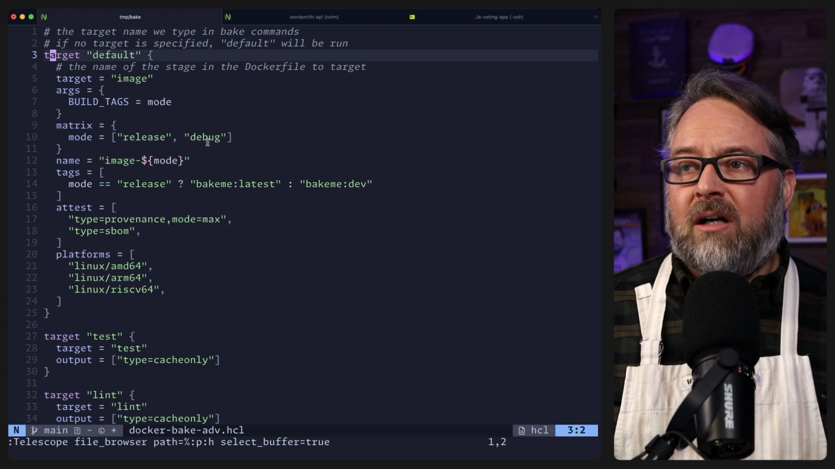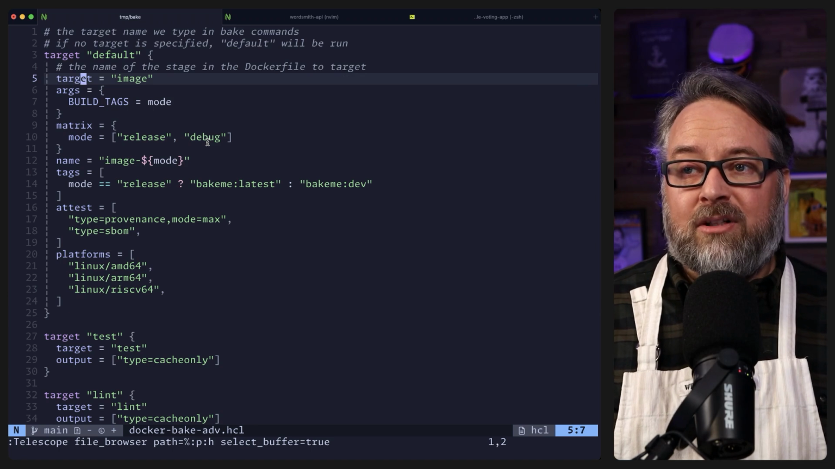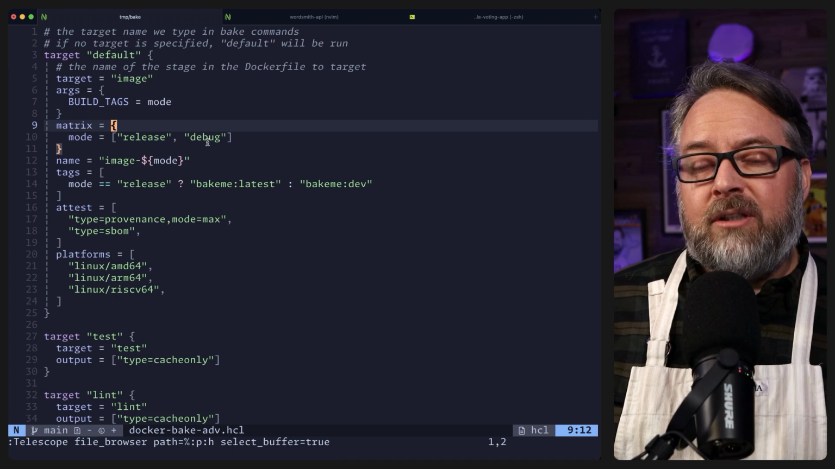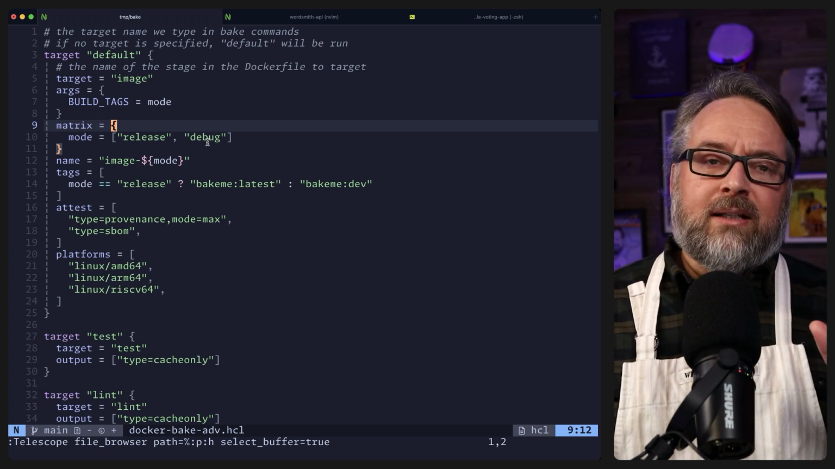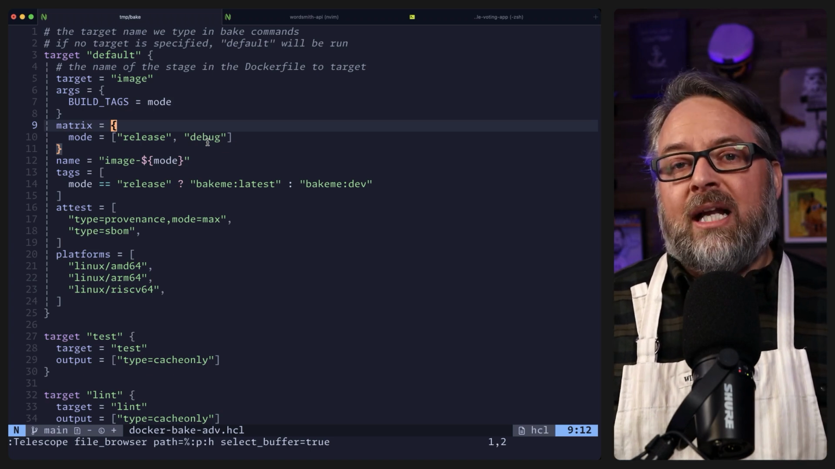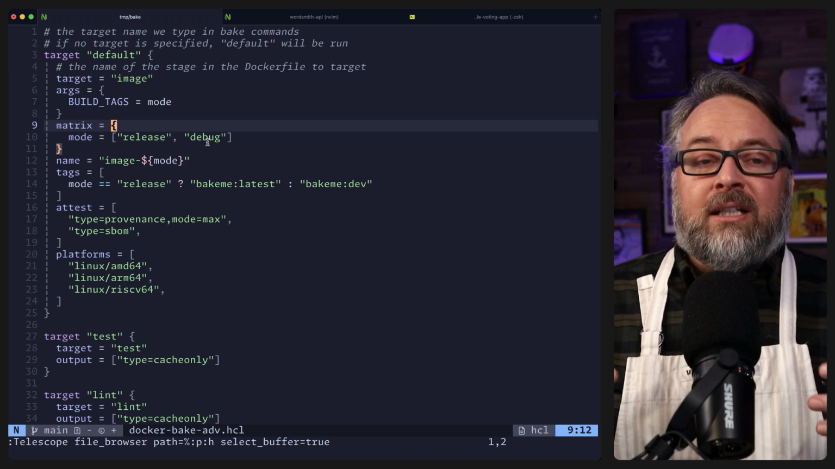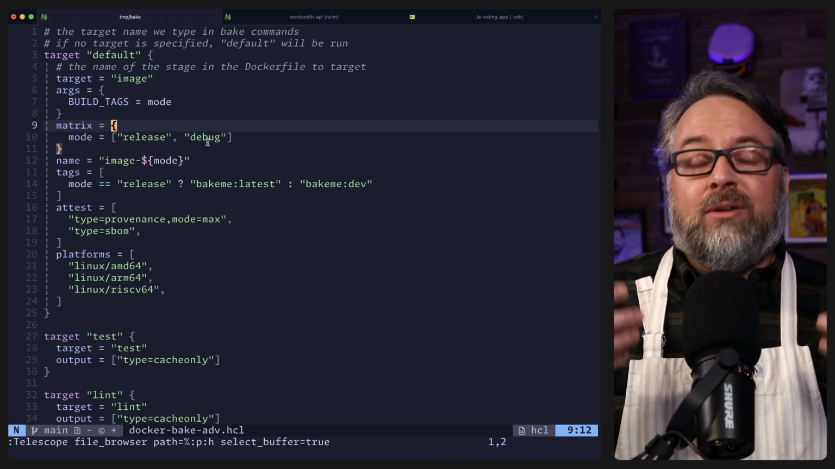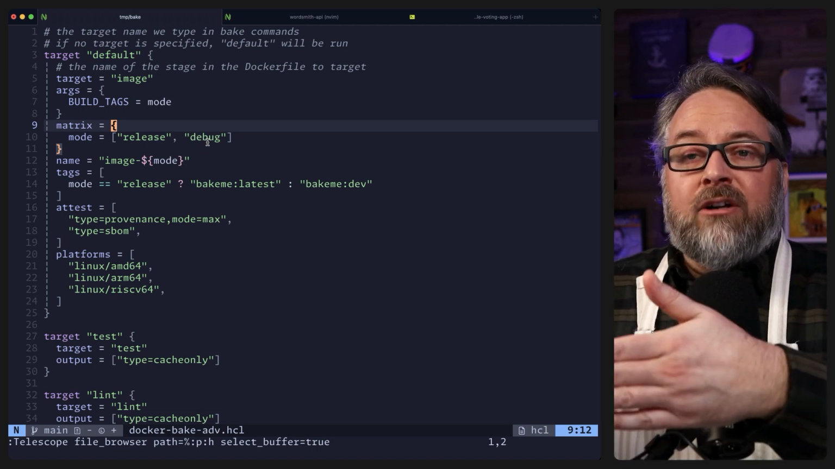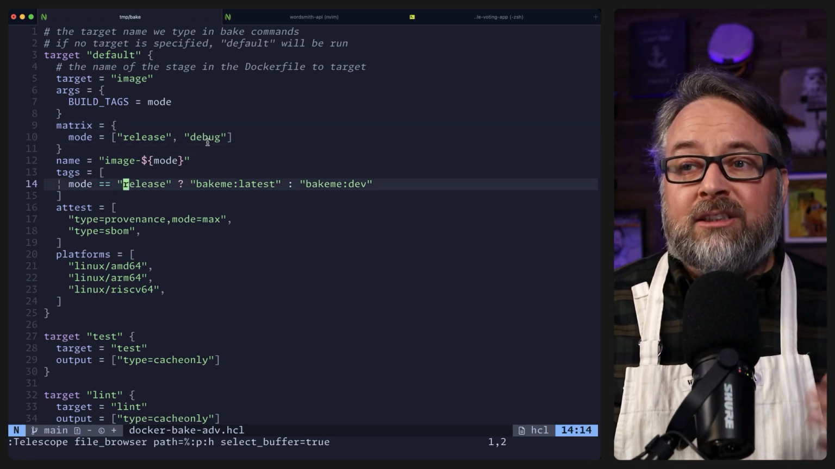So we have a default target here, and this is going to just build the standard image. It's targeting that stage. It's going to have arguments. And we come to the matrix option, which is a little bit advanced, but it is very similar to what you would do in a GitHub Actions matrix, which allows you to give an array of values that will basically repeat. It'll do the same build or the same action in GitHub Actions over and over, once for each value in the array. And in this case, we're saying we're essentially going to build for release